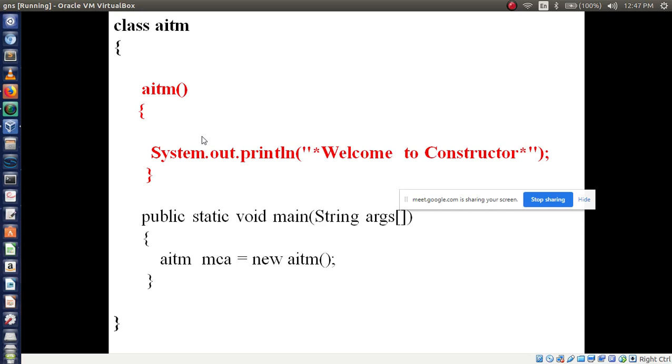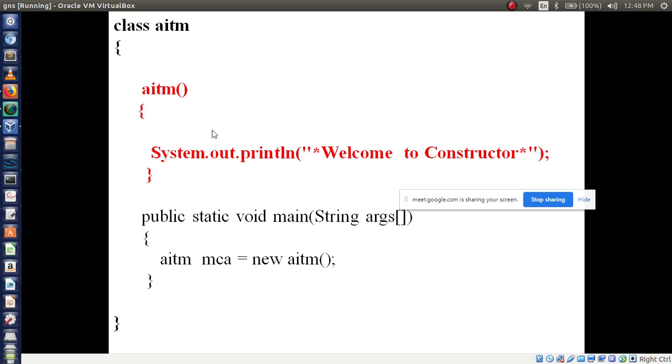So this is about constructors. In constructors we are going to study three types. One is the default constructor, I mean a no constructor. Another one is the no argument constructor, and another one is the parameter constructor. Total three types of constructors are there, so we will study them one by one.